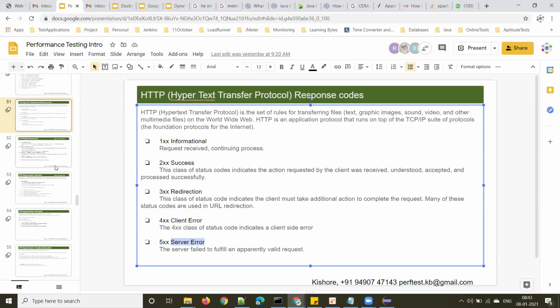You might have seen 500 internal server error. Have you ever seen that response code? Yes. So that means there is some issue with the server. Either the server is not running or it is unable to fulfill the request. So this is all about HTTP response codes.